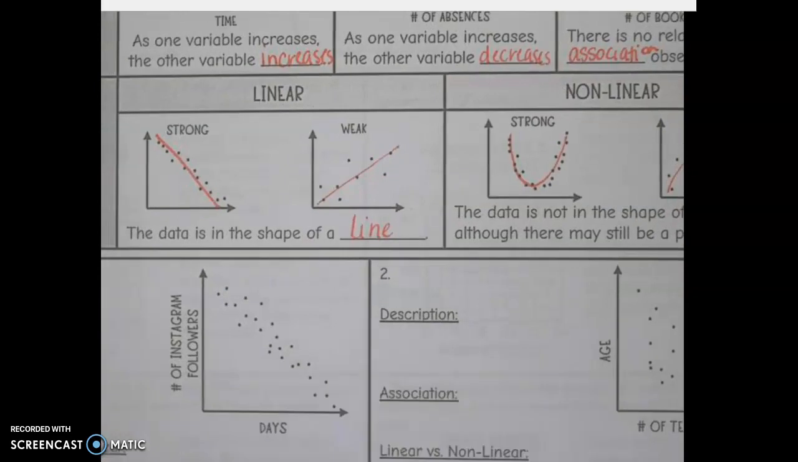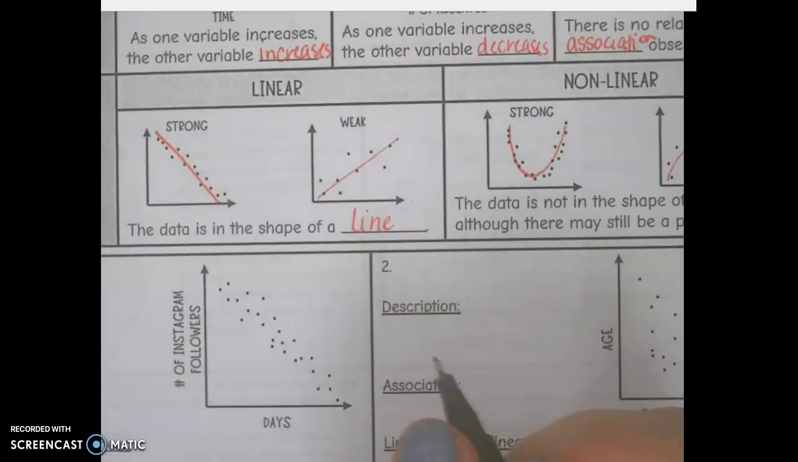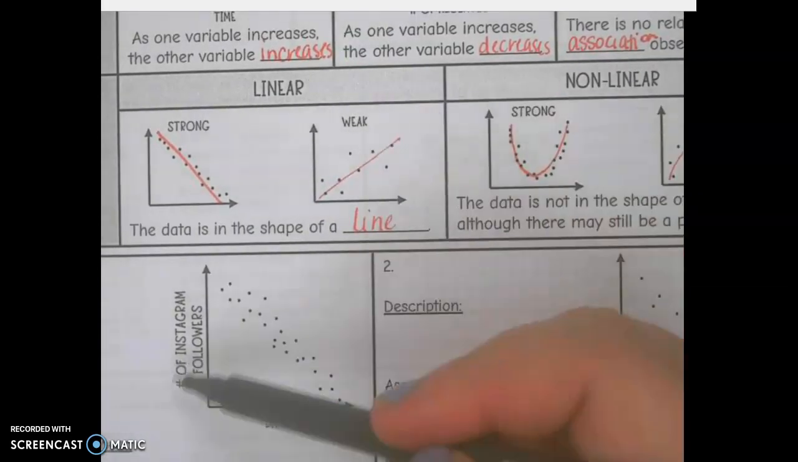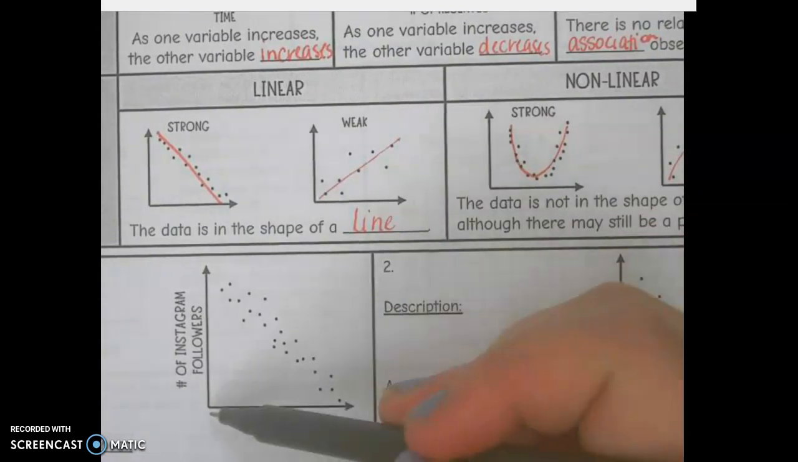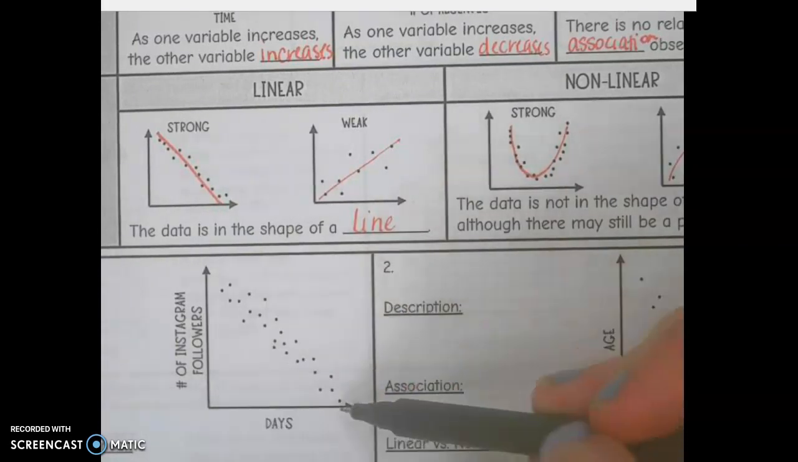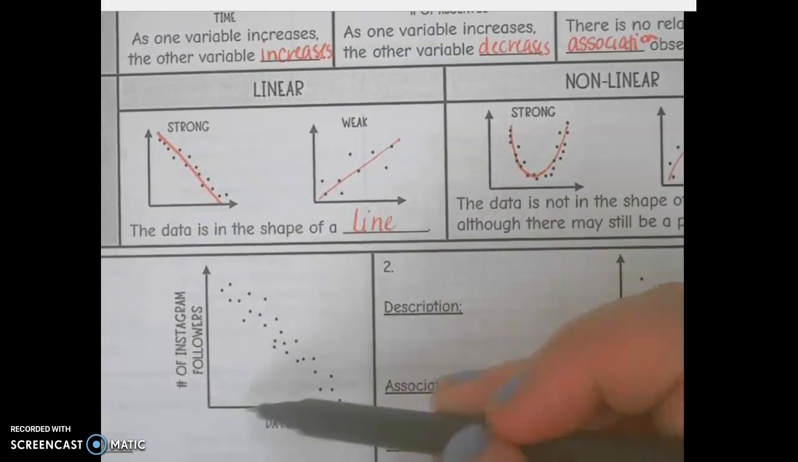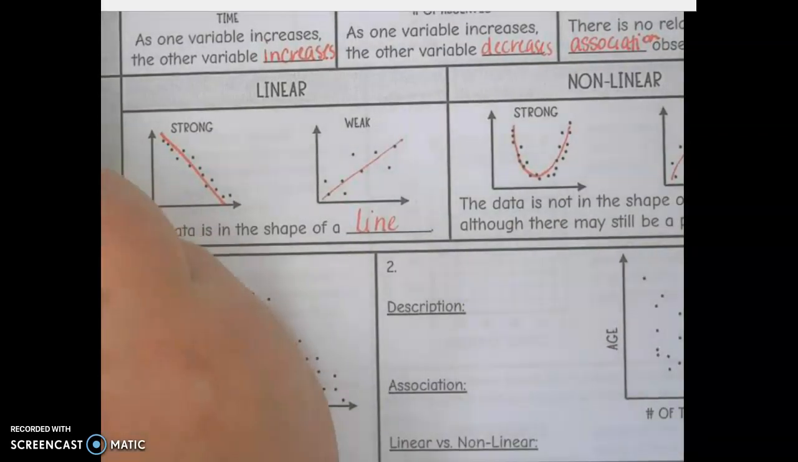So let's look at this one. We're going to describe this one, and then we're going to talk about the association and whether it's linear or not. So, description. We need to look at this. We have number of Instagram followers and days. So it looks like the more days. So here may be day 1. Here may be day 100. So we've gone up in our days. So as days increase,